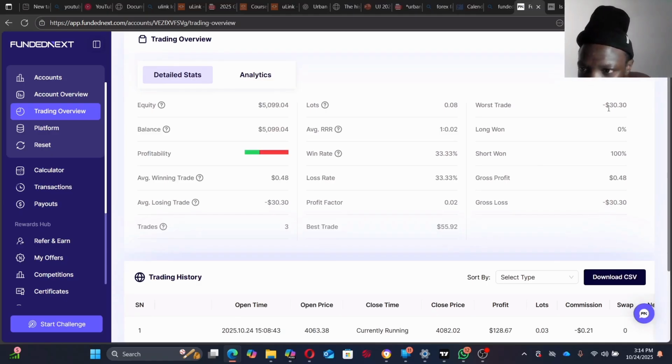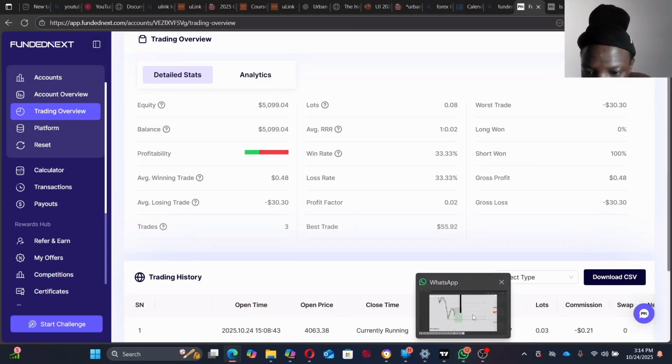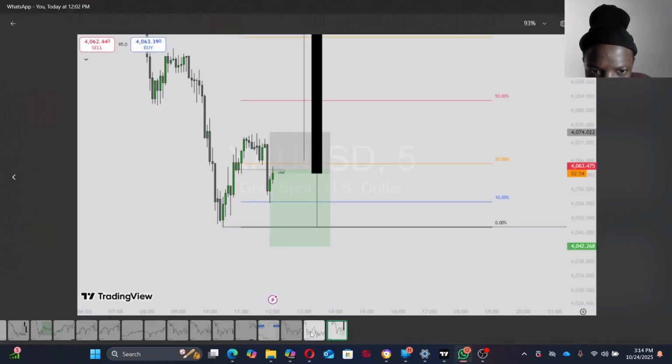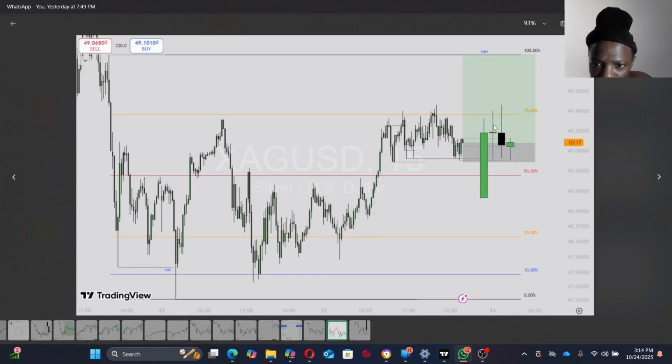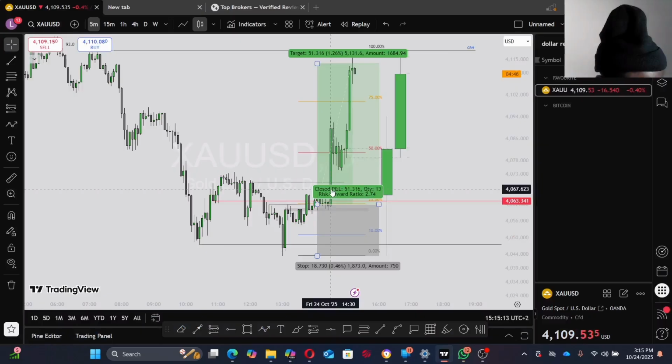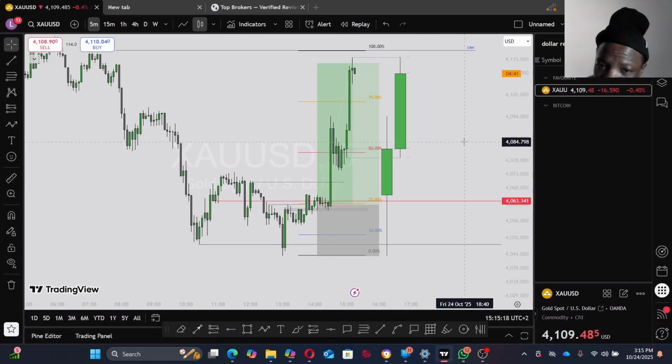So I'm going to show you guys the trade that I took. Let's go back to WhatsApp. This is the trade that I took. I was induced in this position, and my stop loss was eventually manipulated. So that's how I took a loss. Once I took that loss, I was like, you know what, let me just focus on gold only. From now on we'll be trading gold only. That is why now I'm locked in on gold.